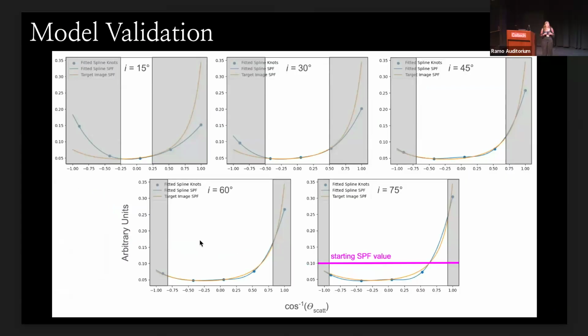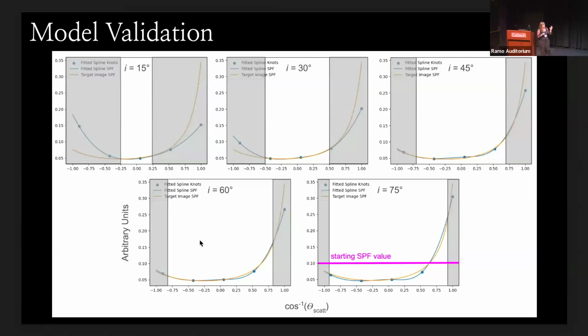So right now we're doing some model validation to make sure that this new idea of using a spline actually recovers something that isn't just made up by the model. And so this is in the orange, we have the input, injected disk's phase function, which we actually used a Henyey-Greenstein for. And then the blue and the dots are the fitted phase function. So the dots are actually the knots of the spline that we're fitting for,